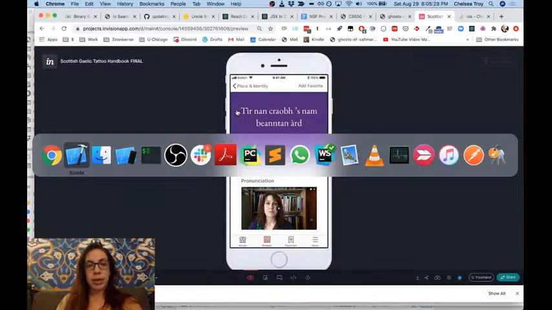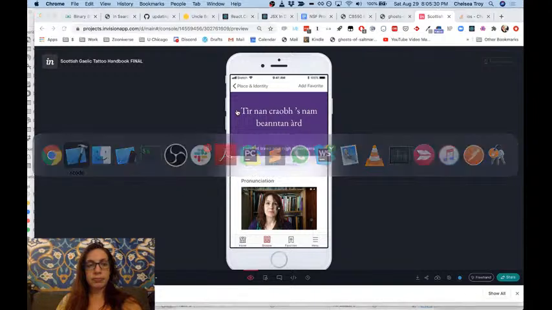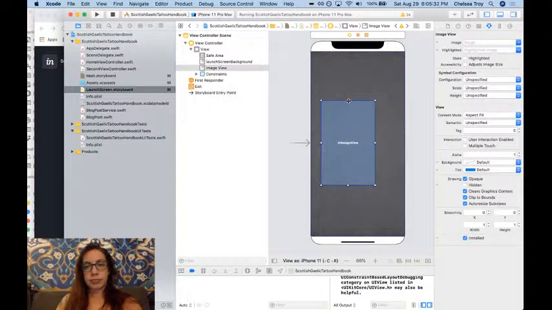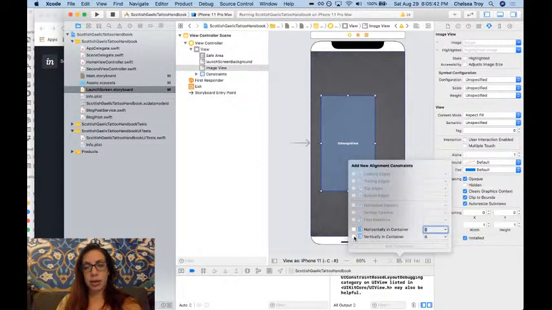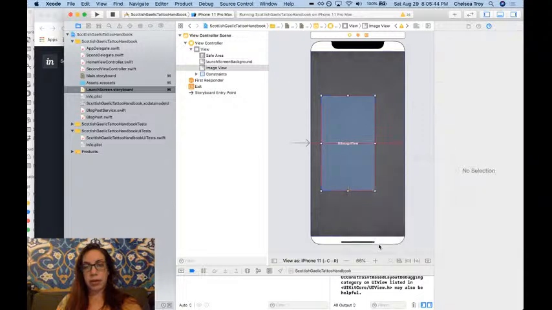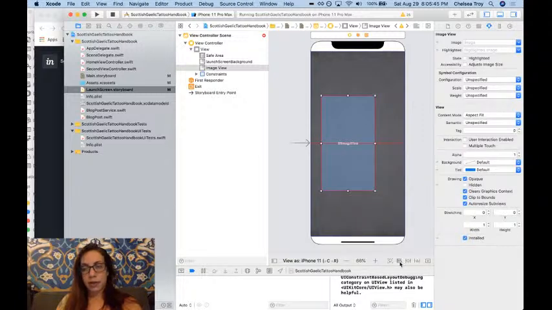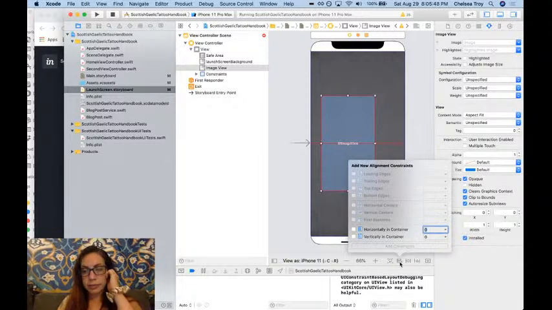So this is what I'm going to do. First I'm going to say vertically in container, add 1 constraint. And then for the width and height,